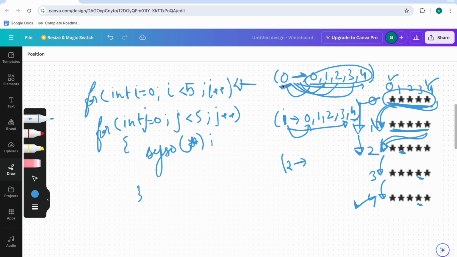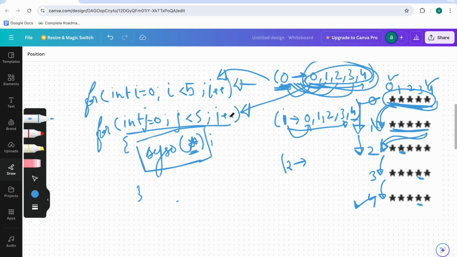So what this 0 represents in our logic is this outermost for loop. And what this 0, 1, 2, 3, 4, the column, represents is our inner for loop. So as soon as we are done with printing with the innermost for loop, that is, as soon as we are done with printing all the stars for row 0, we have to change our line for row 1. As soon as our condition for this for loop gets false, we are going to print a